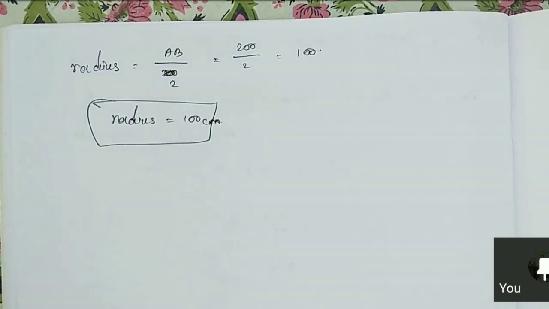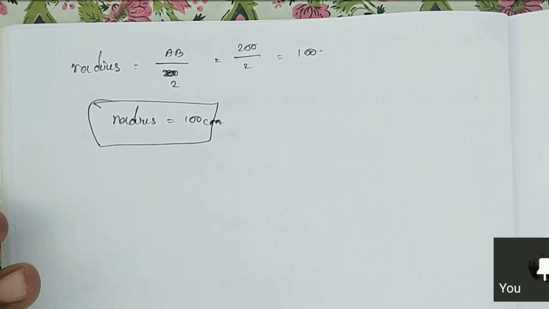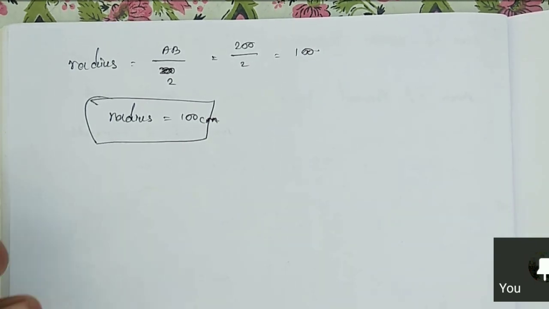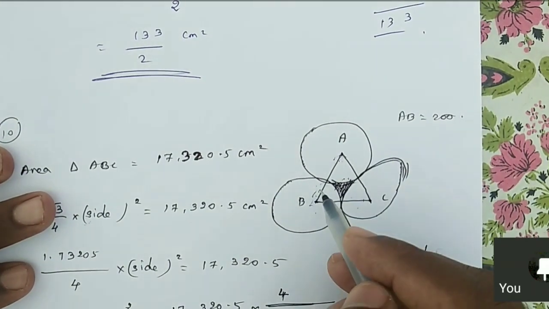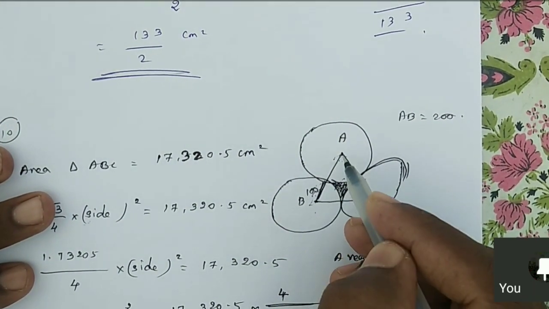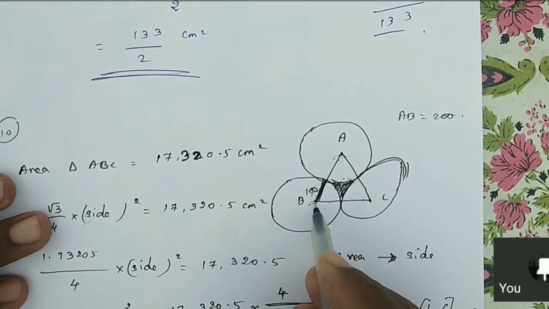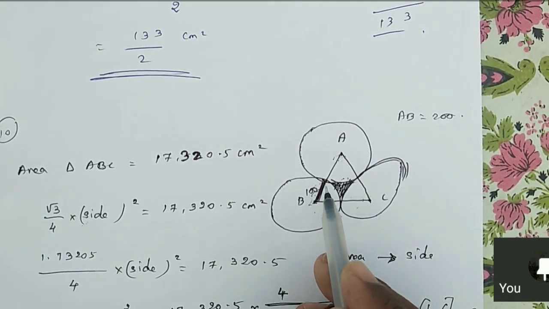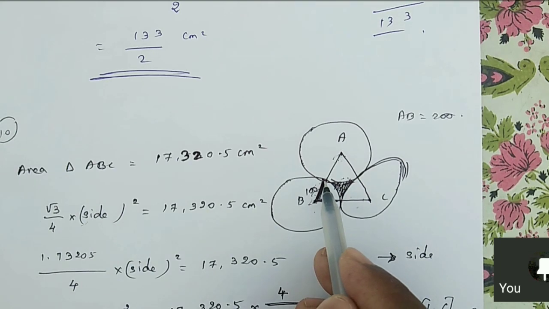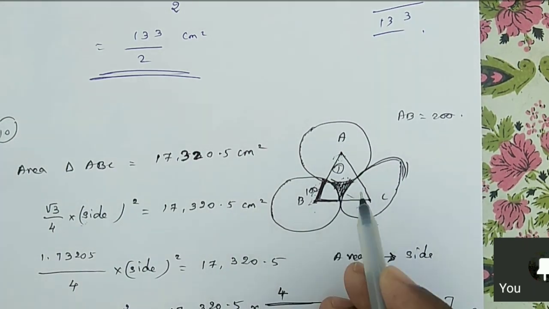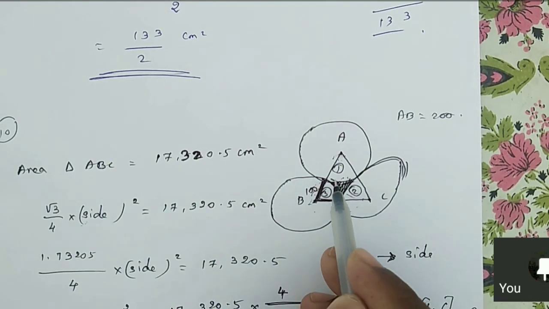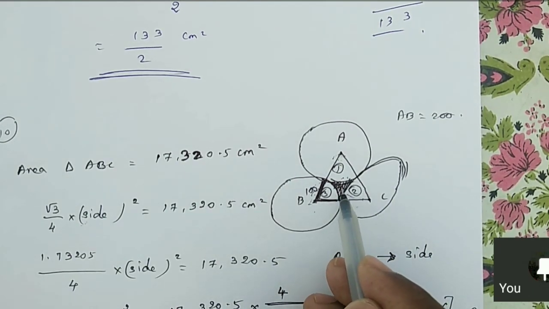Any other doubt? Now we found the radius. What is the radius here? This radius alone is 100 centimeter, though the entire distance is 200. Now we have 100 here also. Now how will we find the area of this portion? When we don't know the area of portions 1, 2, 3, we can subtract it from the area of the triangle. Then we will get the remaining area, that is the shaded region.